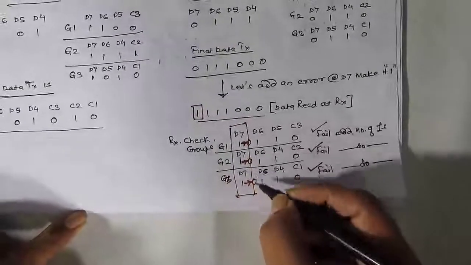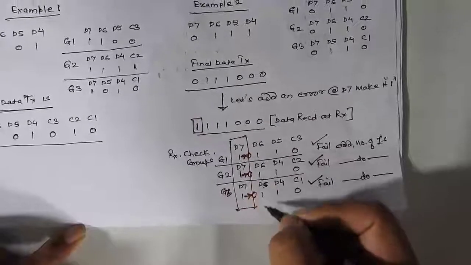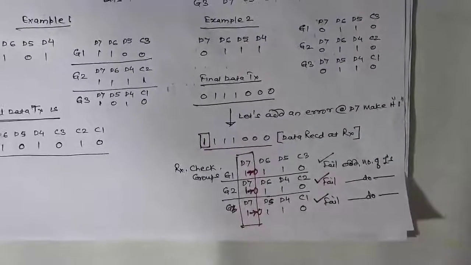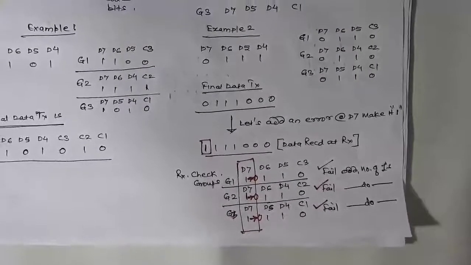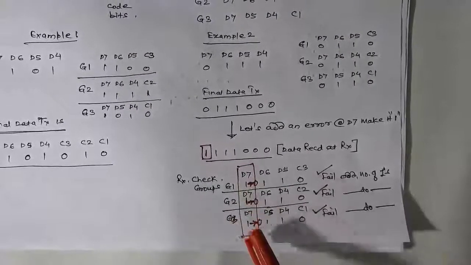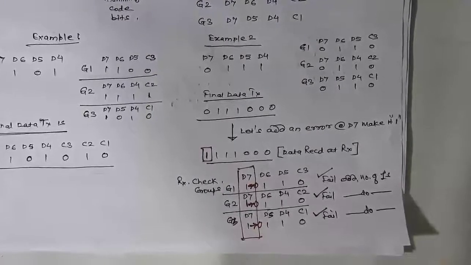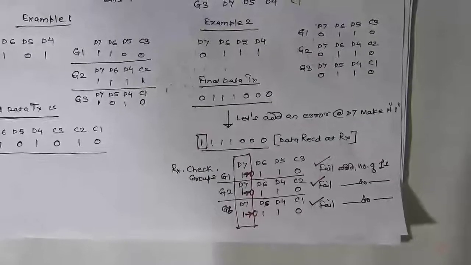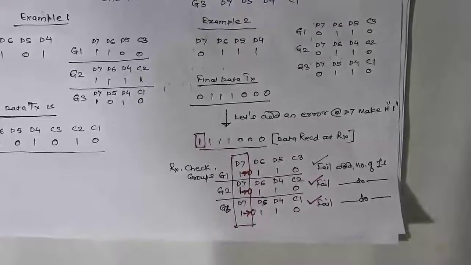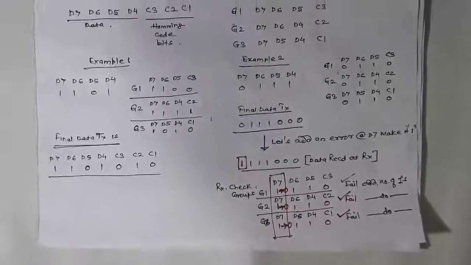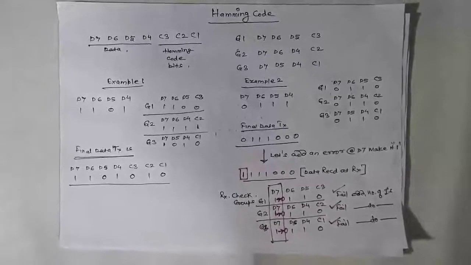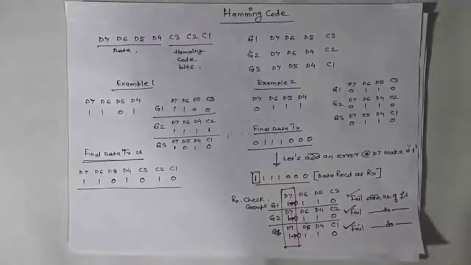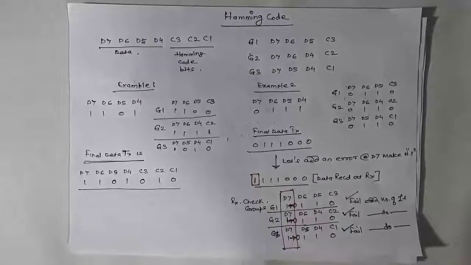So automatically there will be one inverter. It will convert this into 0, and the error is found, and the bit position at which the error is found is also indicated. We know that this is wrong data. The 1 we have received should be 0, so it will be corrected. This is how Hamming code works as an error checking and correcting code. It shows you at exactly which bit position the error is.